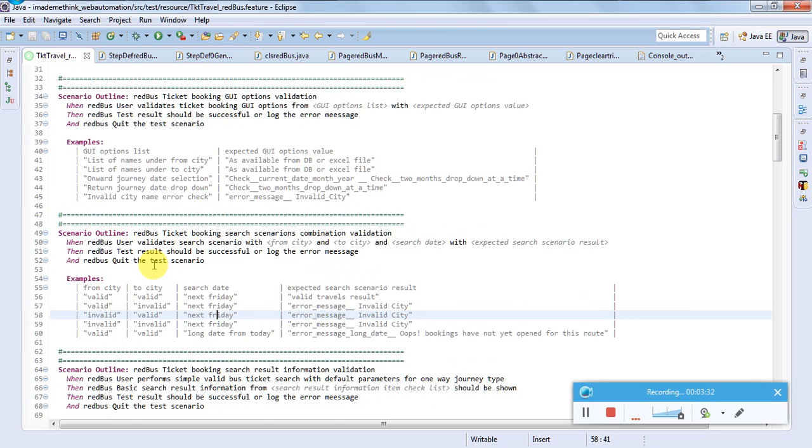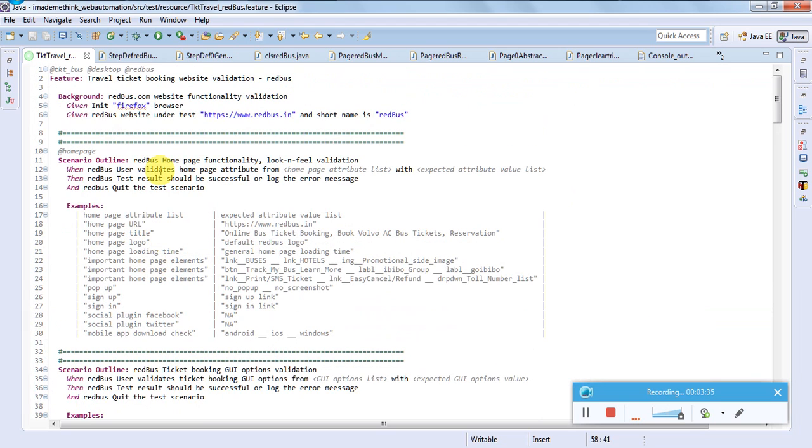As I said in the earlier video, for every feature file I have around 80 plus scenarios for a website. So tomorrow for a new website, it becomes very easy and handy to just copy the existing feature file. For example, let's say we want to validate this particular website. So just design a new feature file. It is not as simple as that, but it is very easy,